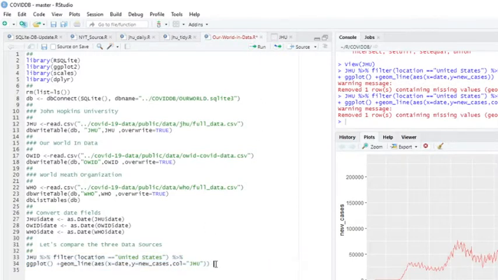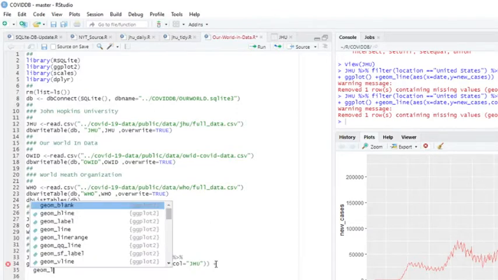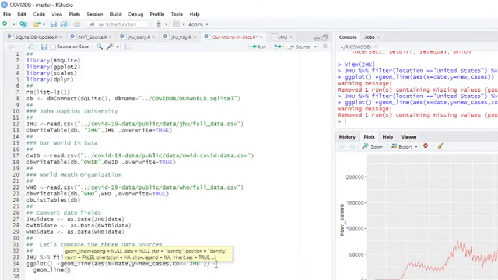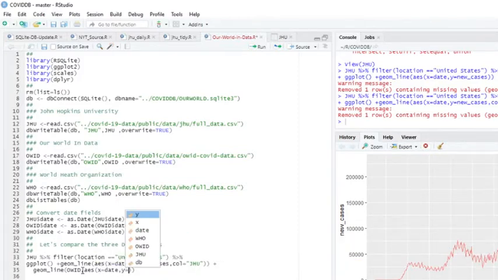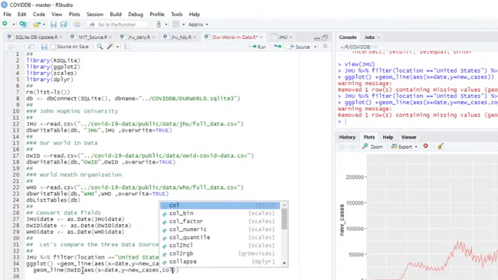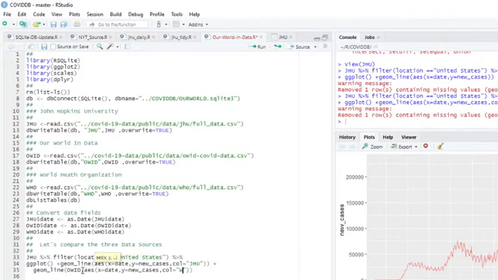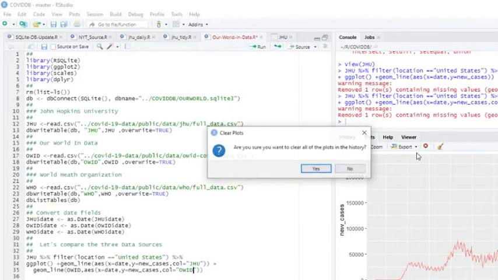Okay, good. Now we're going to come down here, and I'm going to do a geom_line for this. I'm going to say Our World in Data, comma, x equals date, comma, y equals. Let's try this here then.